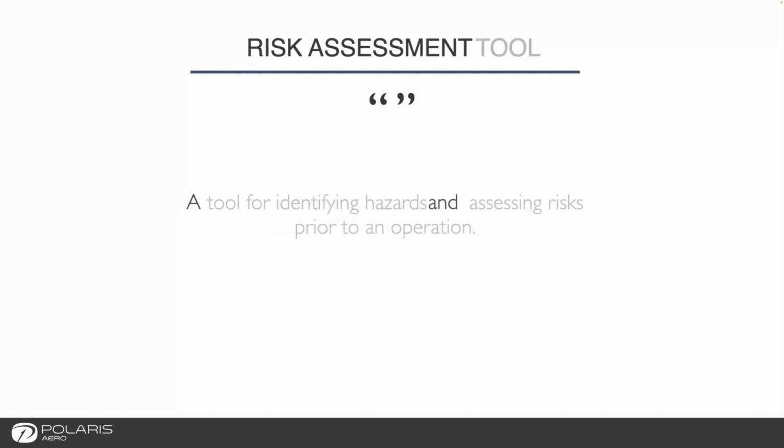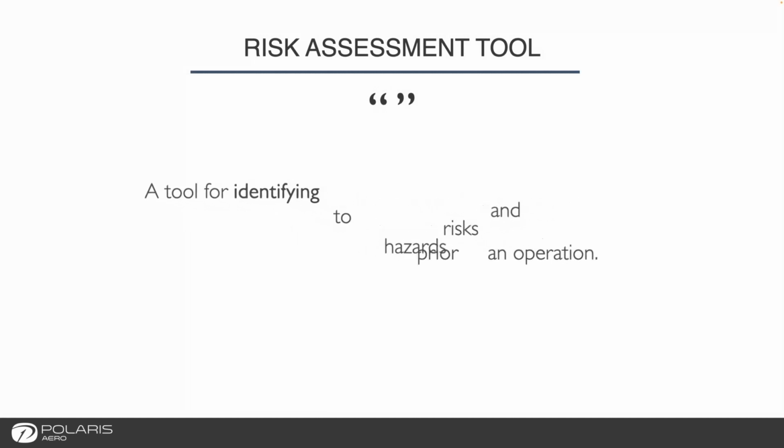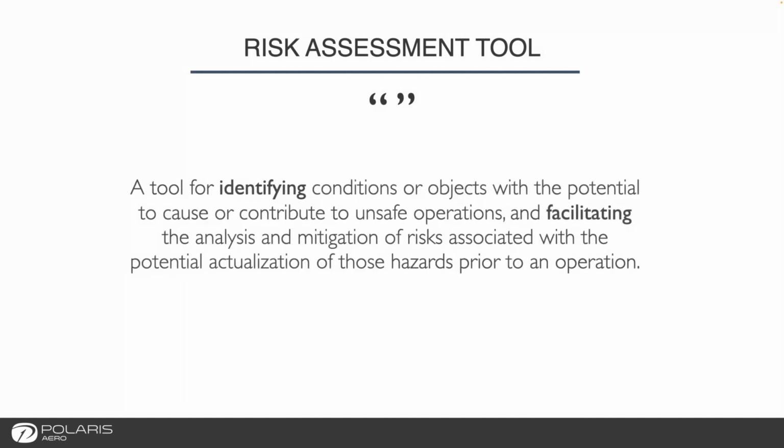It doesn't really specify, the risk assessment definition doesn't specify anything about mitigation. It doesn't specify anything about how you actually go about identifying hazards. So that's why I think that this definition is a bit more fitting for a risk assessment tool, because what it states is it is a tool for identifying conditions or objects with the potential to cause or contribute to the unsafe operations of, and facilitating the analysis and mitigation of risks associated with the potential